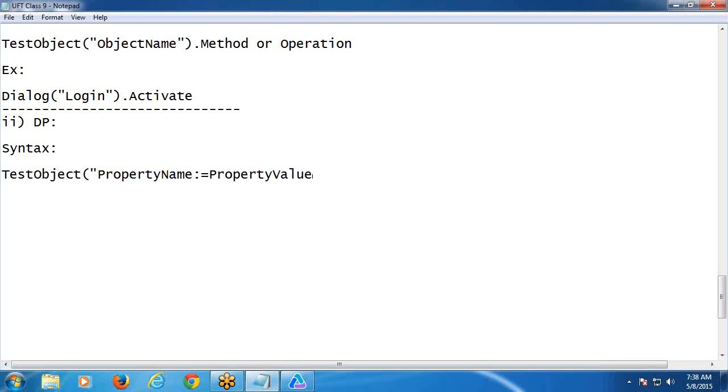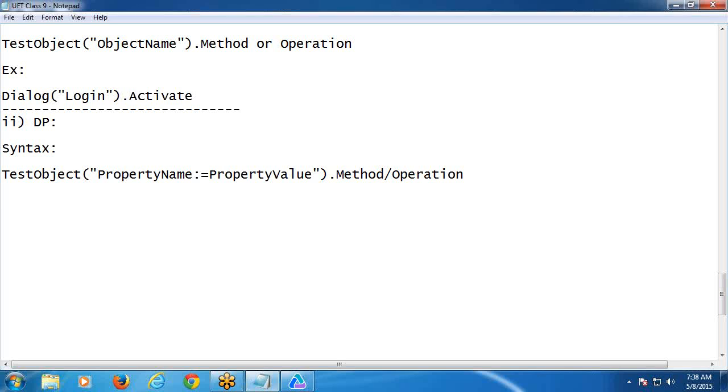Property value. Otherwise, you can say property colon equal to value, dot, method or operation. For example,